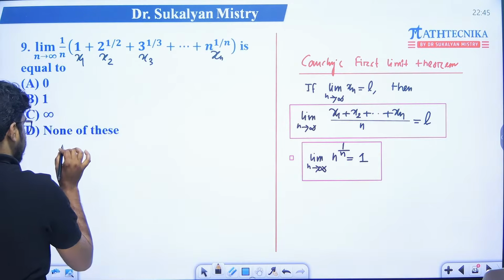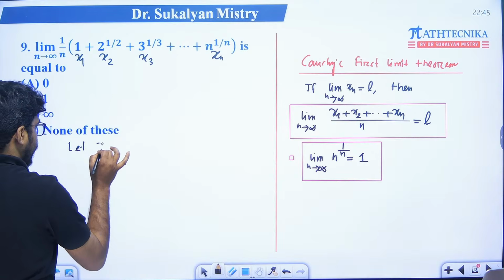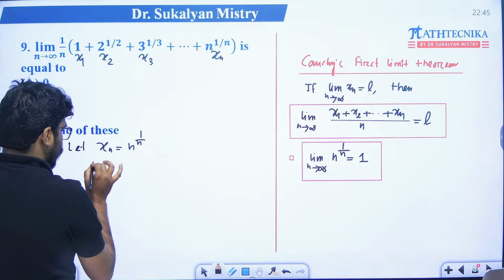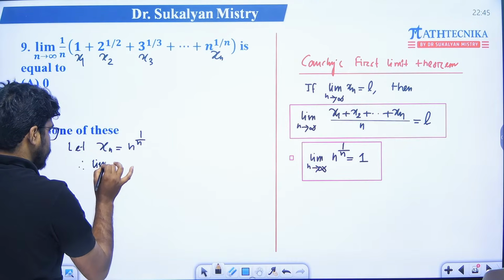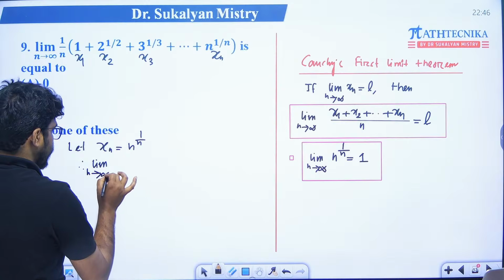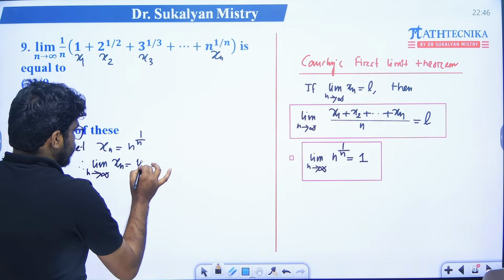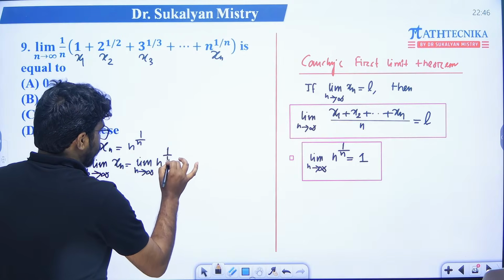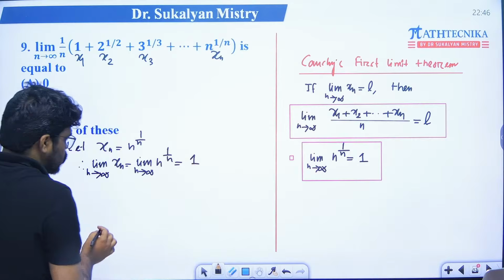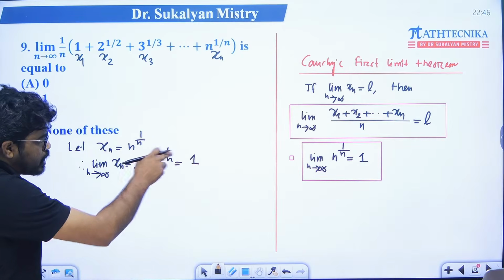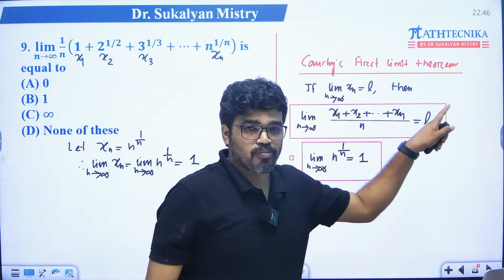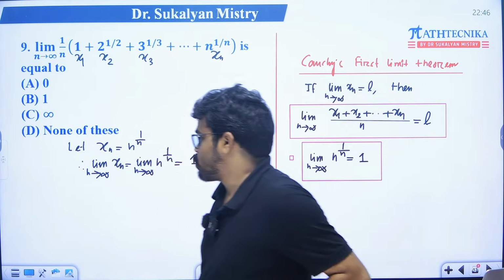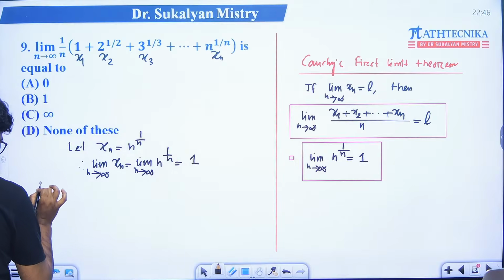So here, suppose xn is equal to n to the power 1 by n. So what is the limit? Therefore, limit n tending to infinity of xn, that is limit n tending to infinity of n to the power 1 by n, is equal to 1. So the sequence xn converges to 1. So by Cauchy's first limit theorem,